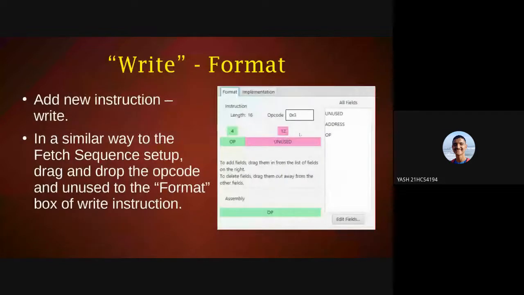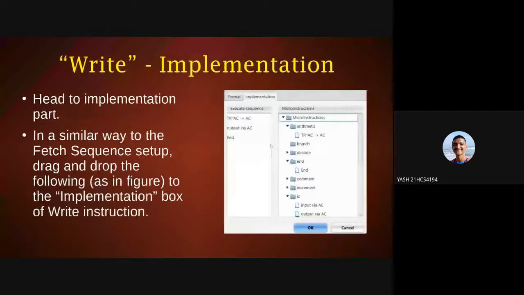Another statement is the write statement. We will take the OP code and unused bit, and in the write statement, what I have done is, we can do it separately, but since it is a small program, I have taken the content of the temporary register, multiplied it with the new content in the accumulator register, and then transferred it back to the accumulator register. Then my write part begins. After the value is stored in the accumulator register, I will simply output it via the accumulator. So we won't have to create separate multiply and write commands. It will all be done at the end.